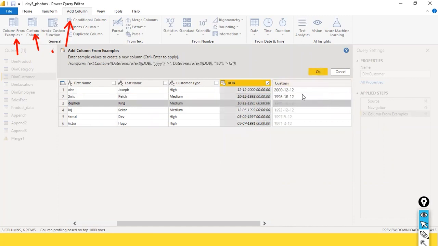You need to just feed a few sample formats. Once you feed the sample format by typing it like this, year, based on the data only you need to type it. So the first one is the year, -12, -12, and the second one is year, right? So 1998, -10, 12. So year, date, month, something like that. Okay,